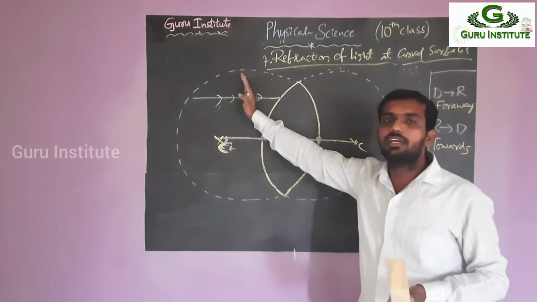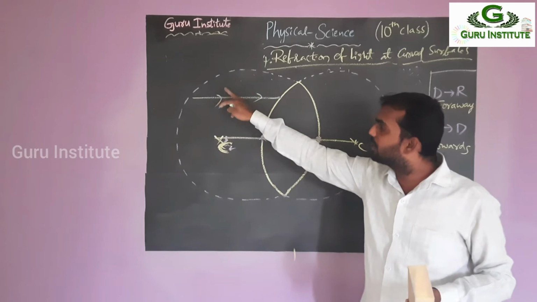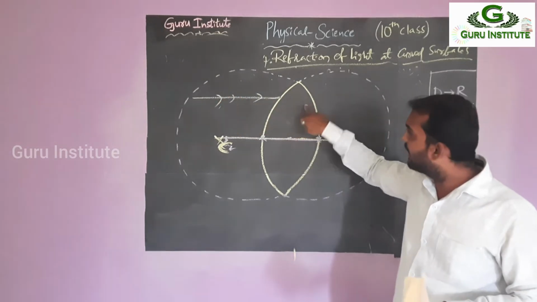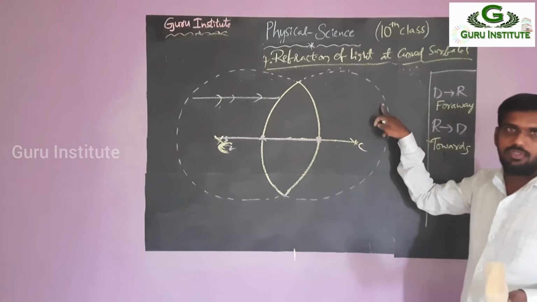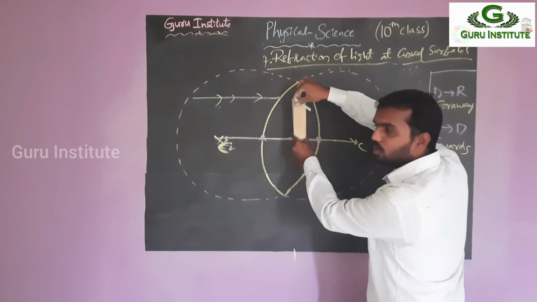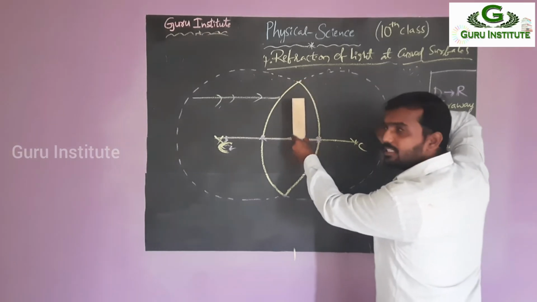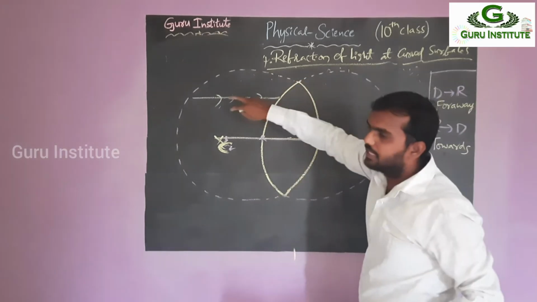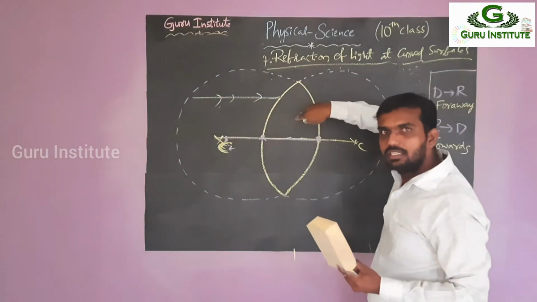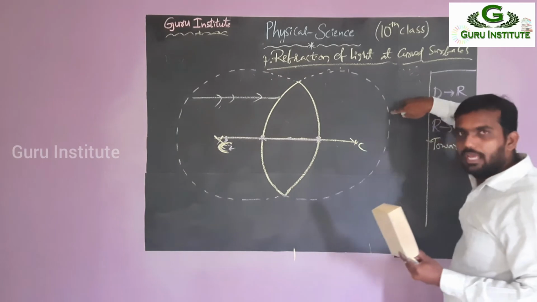What is the first medium here? The light rays pass from air to glass, again glass to air. Suppose this is the glass. Light is falling on this one. It is passing through the glass and entering the other side. Glass is nothing but the lens. So that means this is the air. Two cases are possible here. Light first enters from air to glass. After that, glass to air.